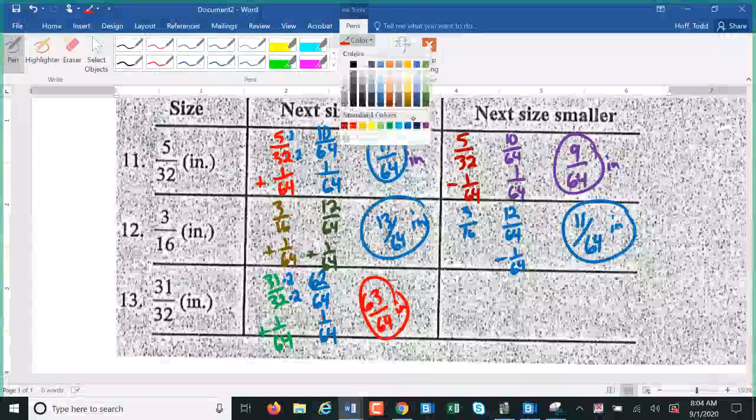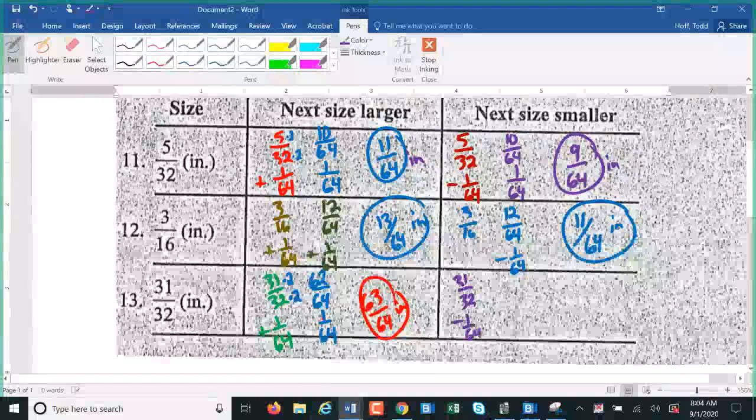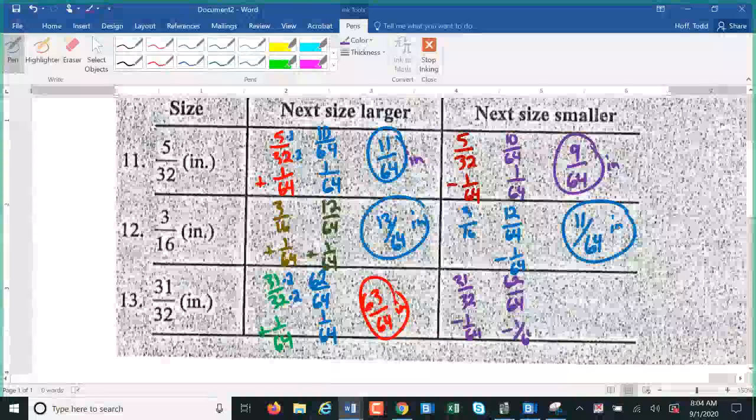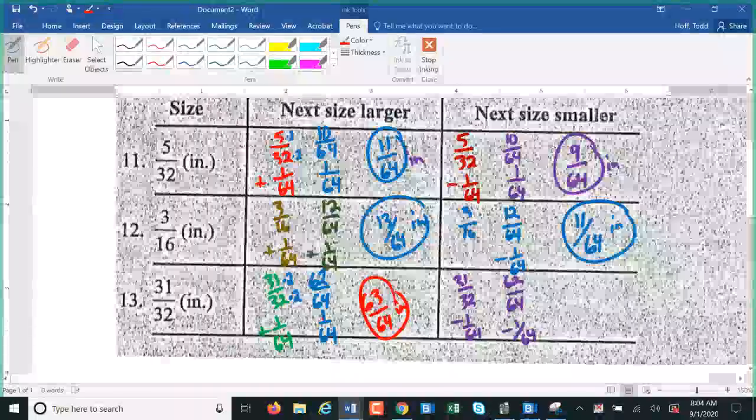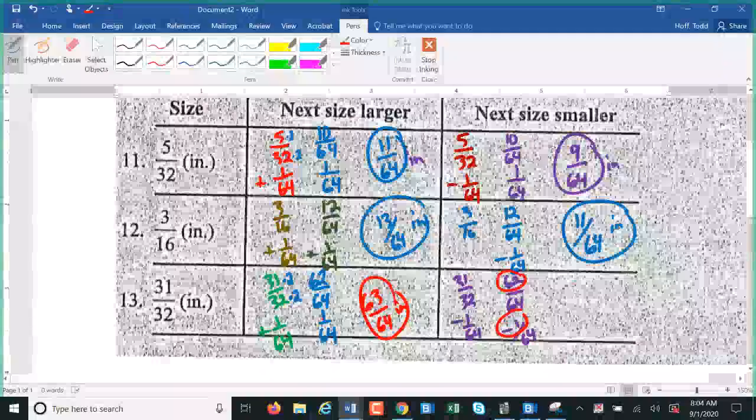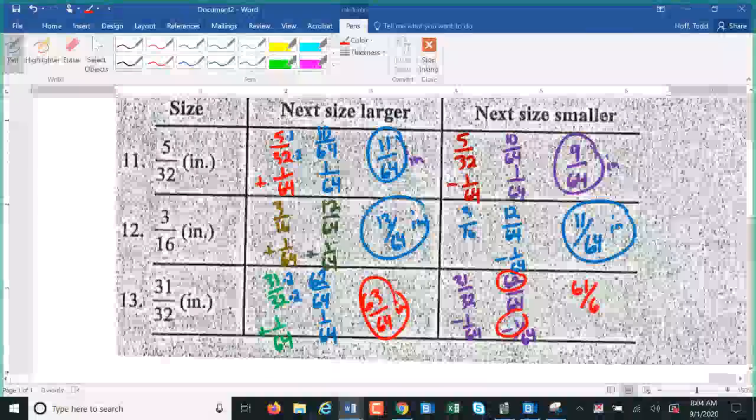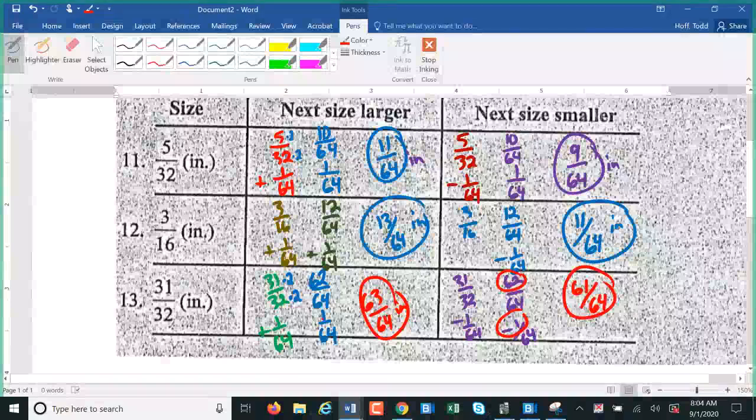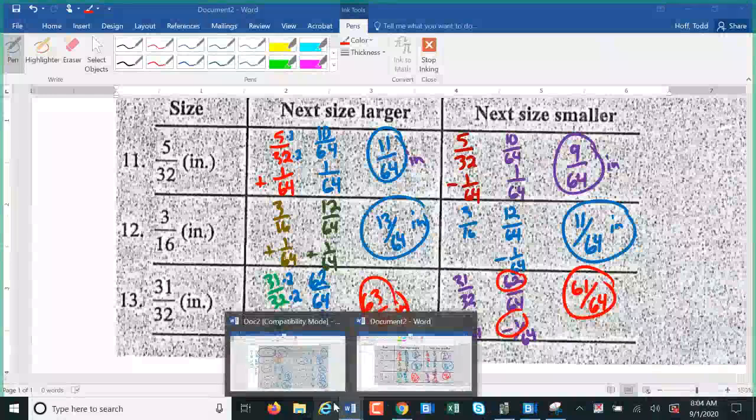For the next size smaller, we have the 31/32 minus a 64th. So that's still 62/64 minus a 64th, which gives us how much? "62 minus 1 is 61/64." Any question on that process? Okay, so